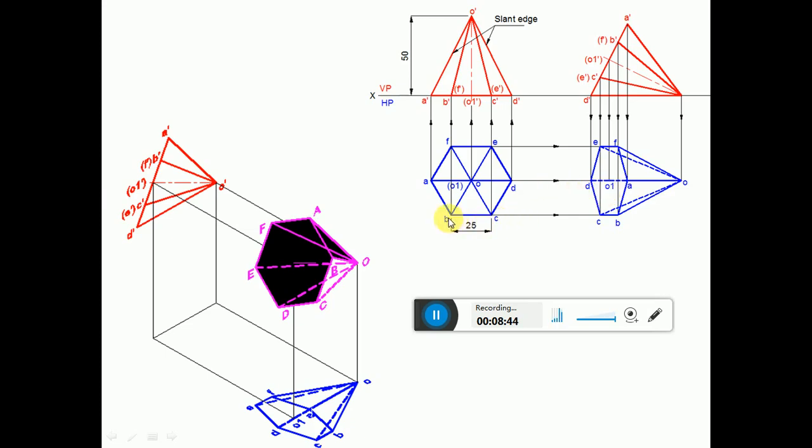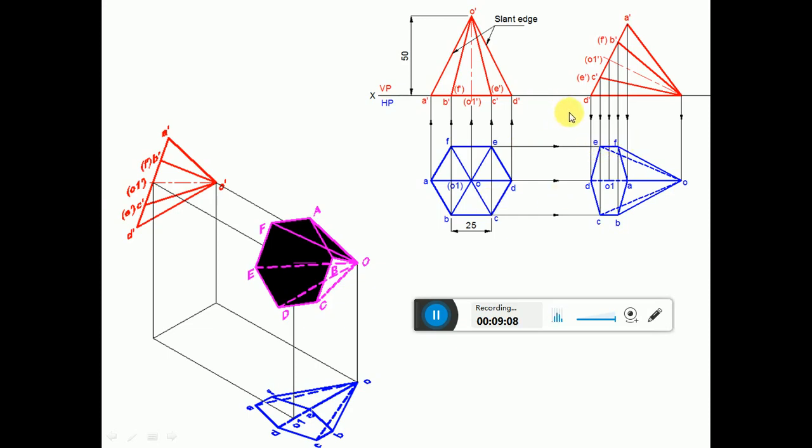And draw a horizontal projector from BC and draw a vertical projector from B dash and C dash to get this point B and C respectively. Similarly, draw a vertical projector from F, which is already drawn, and also from E dash, and then draw a horizontal projector from E and F to intersect at this point E and F here.